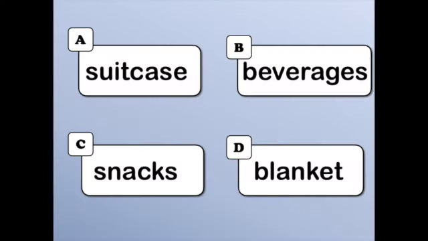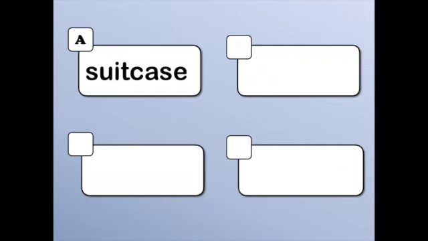This portable container is used for carrying clothes and belongings during travel. What is it? Suitcase. It's a suitcase. I will have a list of 8 words from the vocab section on page 27. Please choose one word for each definition. Okay, let's go. Next one.